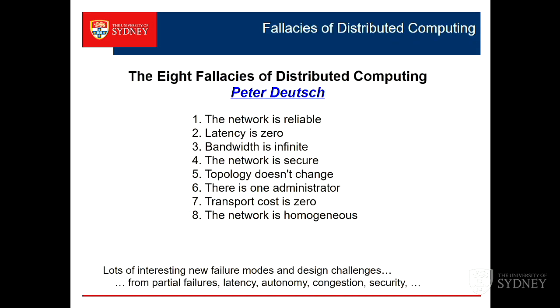I'll do the bit on the bottom first. The nice thing about distributed computing is it has lots of interesting new ways you can fail. If I call a local method, how can it fail? The machine's either dead, in which case I didn't make the call because I'm on the same machine. If I'm calling one of my local objects, I call it and it happens, right?